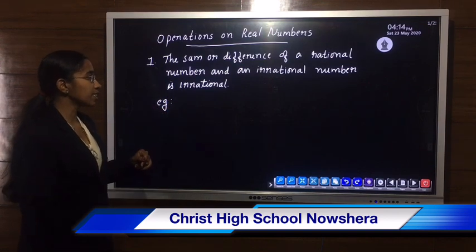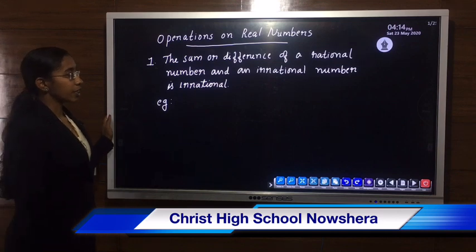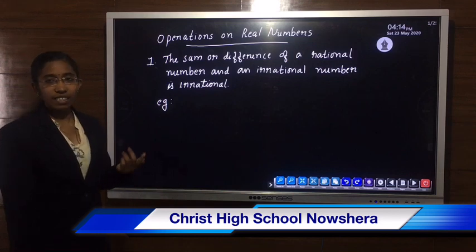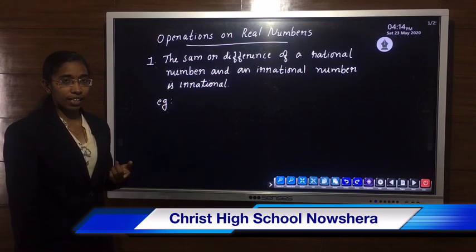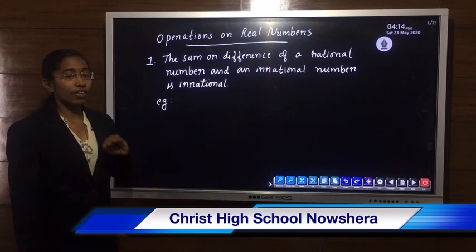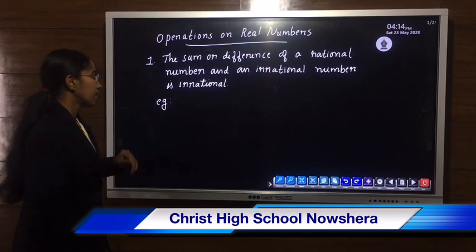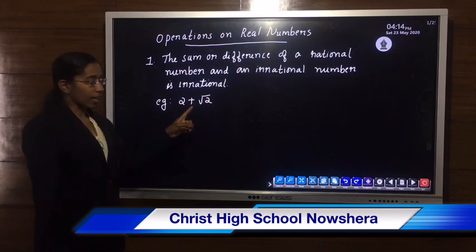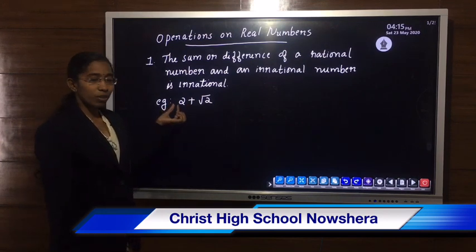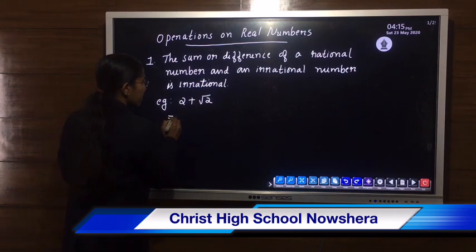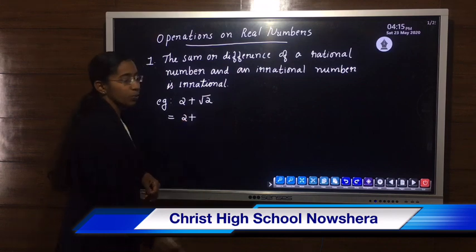So first point, the sum or difference of a rational number and an irrational number is irrational, which means when we are adding or subtracting a rational number with an irrational number, our answer is always irrational. Let's check: 2 plus root 2. This is in the case of addition. 2 is a rational number, root 2 is an irrational number. Check what is the answer. 2 plus, what is the value of root 2? Root 2 is